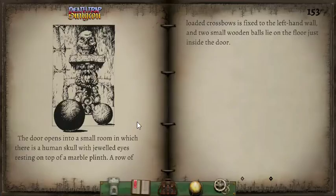Oh wow, I didn't see the loaded crossbows. Now wait a minute, in the picture they're facing towards the pedestal, but